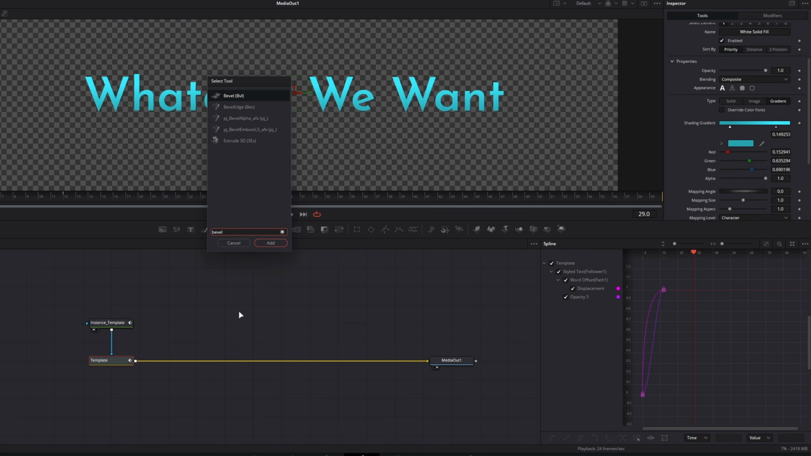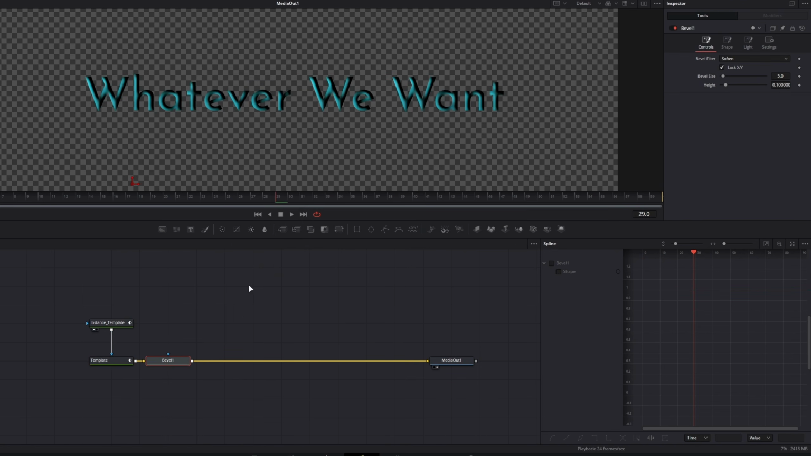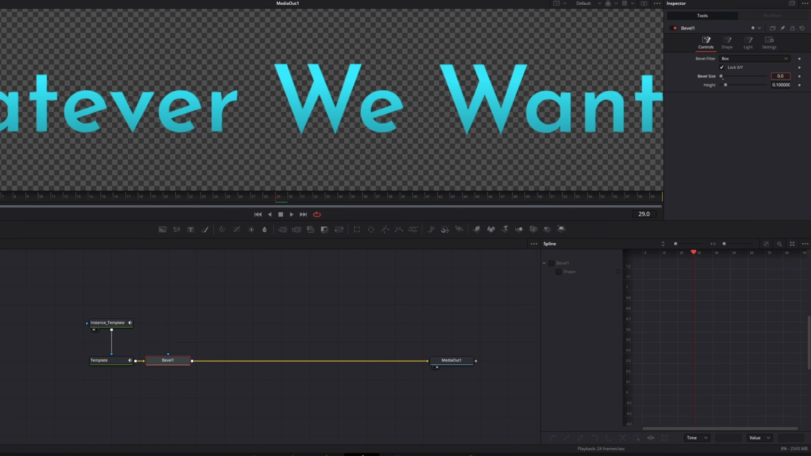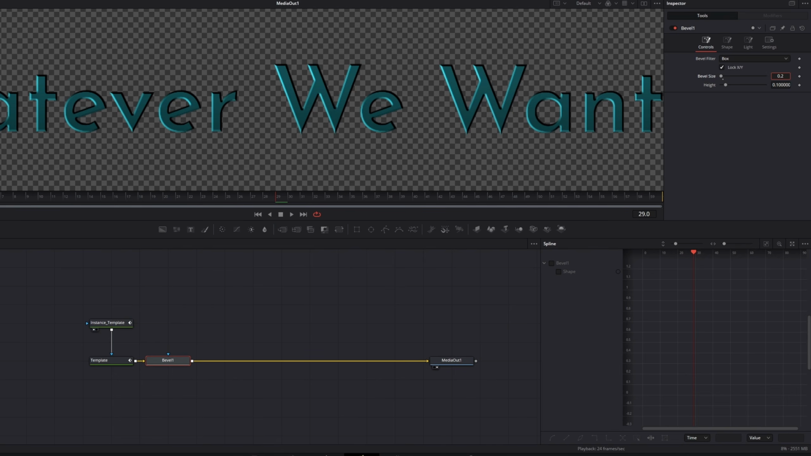So if not, just skip this step. I'm going to go ahead and add in our bevel node. I'm going to change the drop down to box, and change the bevel size to be pretty small. Yeah, 0.2. And change the height as well. Yeah, somewhere right in there. I'm at 0.2 and